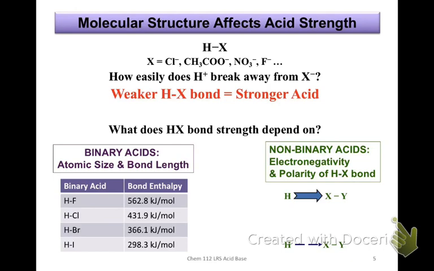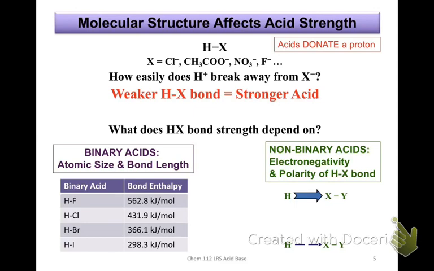We're going to talk a little bit about acid strength and how the structure of the acid will affect that. Molecular structure will affect the acid strength because an acid wants to lose a proton. Acids donate a proton. So if your conjugate base is chloride or acetate or nitrate or fluoride or whatever it might be, we're still asking how easily that proton breaks away from that conjugate base. If it's a weaker bond, you're going to be able to pull that proton off more easily, and it's a stronger acid. So we need to know what HX bond strength depends on, and there are two different trends that